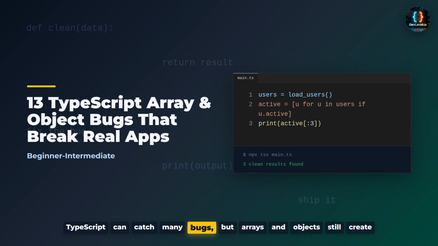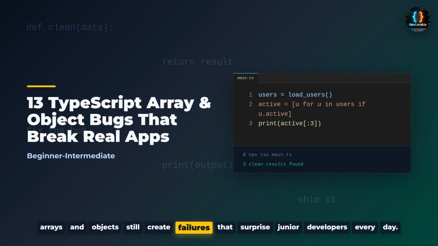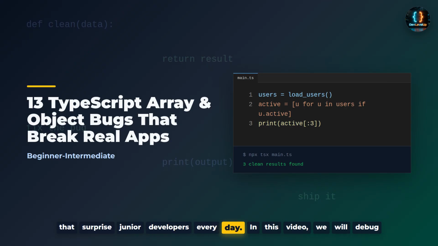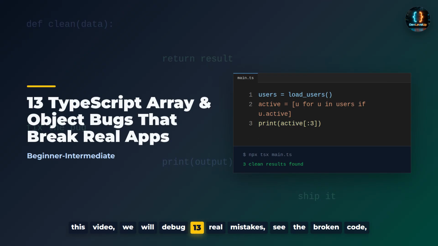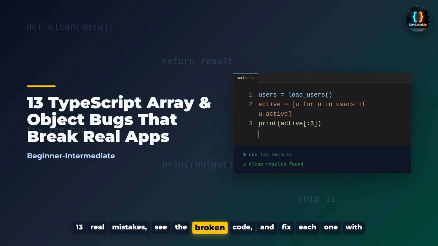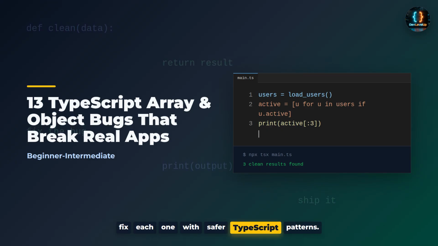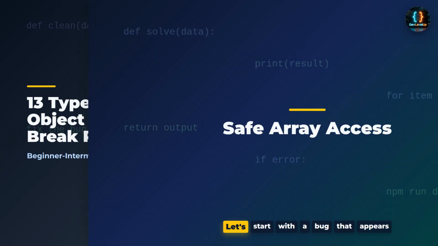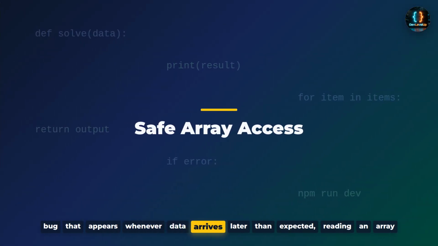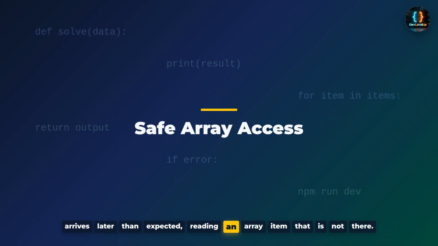TypeScript can catch many bugs, but arrays and objects still create failures that surprise junior developers every day. In this video, we will debug 13 real mistakes, see the broken code, and fix each one with safer TypeScript patterns. Let's start with a bug that appears whenever data arrives later than expected, reading an array item that is